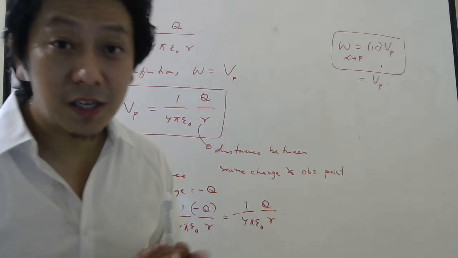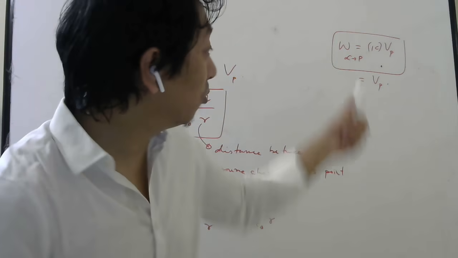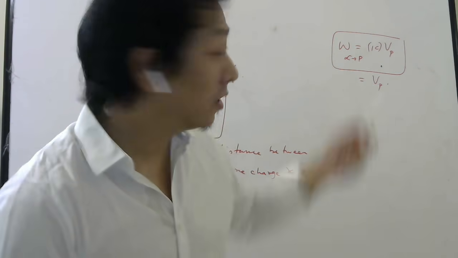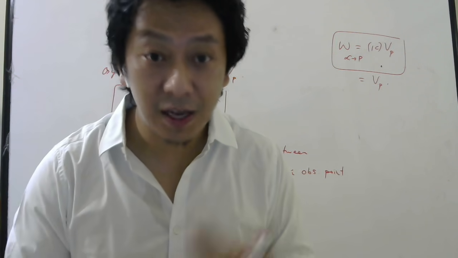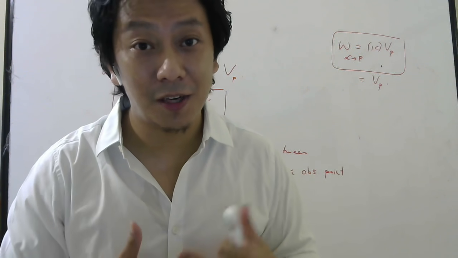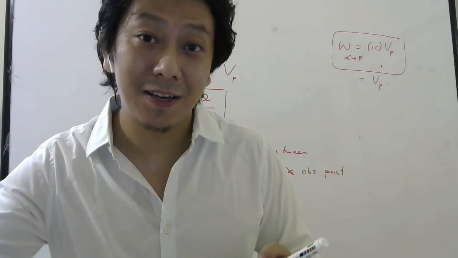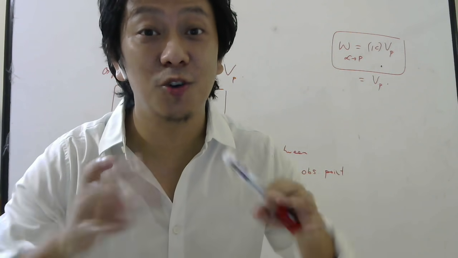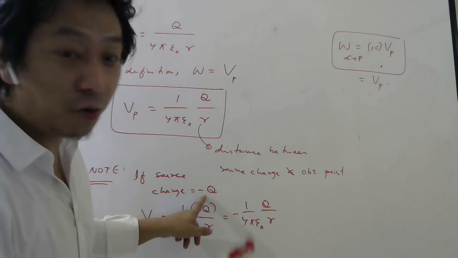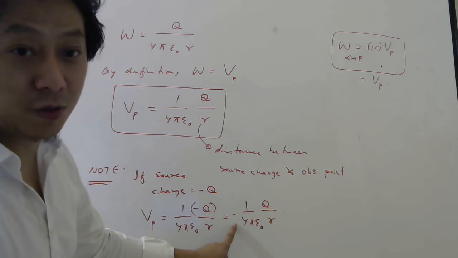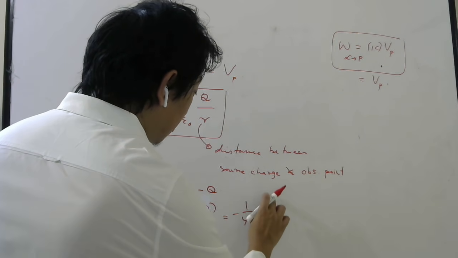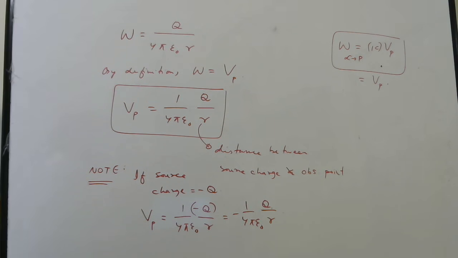Understood? But potential is a scalar quantity because it is coming from work done. Work done is scalar. From first PU we know charge is scalar, 1 coulomb is scalar, work is scalar. So potential also is scalar quantity. So you cannot say you are going to write magnitude of the quantity and the minus sign will say the direction is opposite like that, because it has no direction only. So if the source charge is negative, you have to write potential as negative. You cannot say I will write magnitude of the charge like that. Be very, very careful. Okay students, fine.